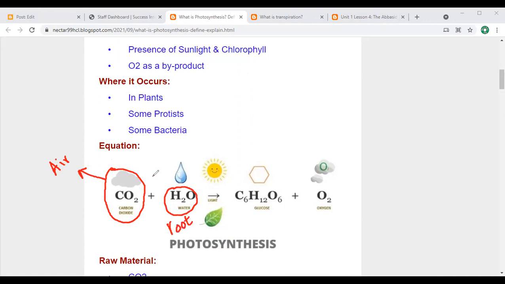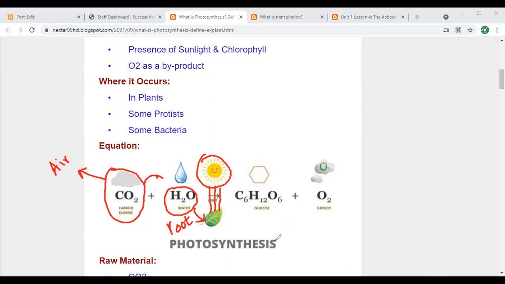Okay, and these two things move into the plant's leaf, and then the sunlight comes from the sun. When it falls over the surface of the leaf, what happened, my dear students? It starts a process that I already explained to you in detail, named photosynthesis. This is the process in which plants make their food, and we name it photosynthesis.